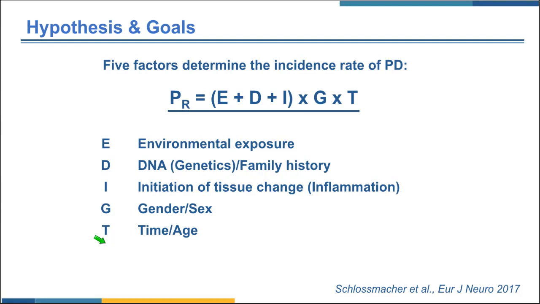So I will go to the details of each factor in the later slides. And here is our hypothesis. This is based on the experience of our PIs and other neurologists, and also on a lot of literature about meta-analyses that gather different cohorts and data sets, and say that certain variables or certain factors are associated with higher or lower risk. So this is basically a result of experience and different meta-analyses.